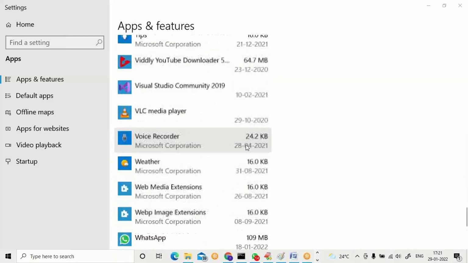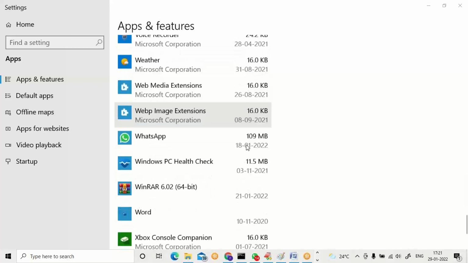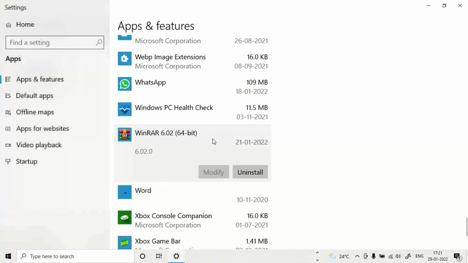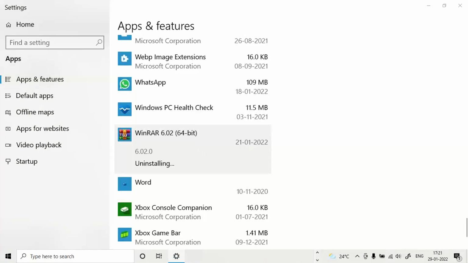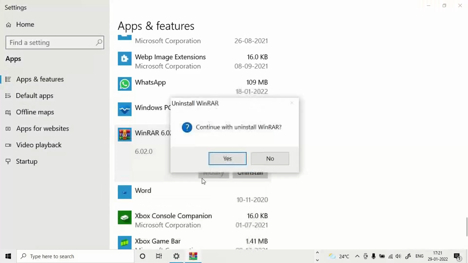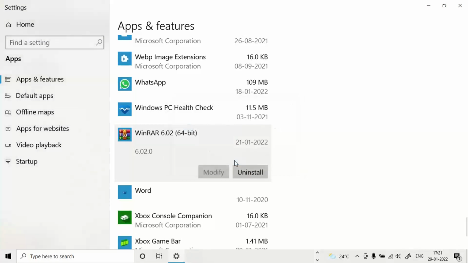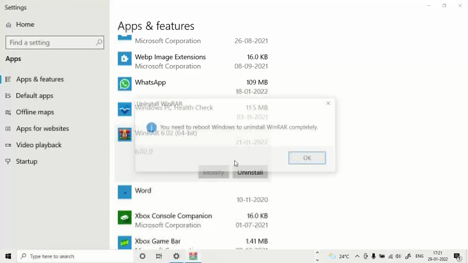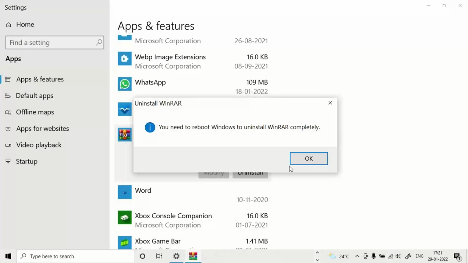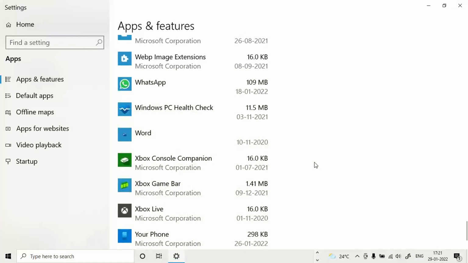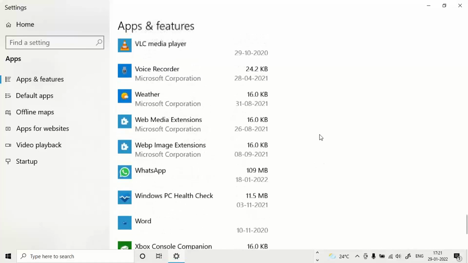In my system Winrar is already there. I will be uninstalling it. Click on uninstall. You also try uninstalling if you have it. Winrar software I am uninstalling. It got uninstalled. In the same location,